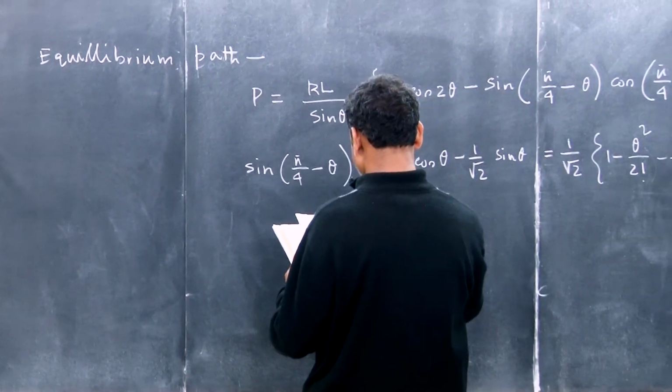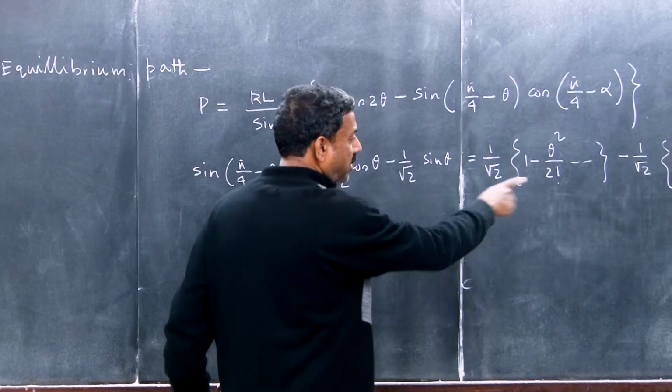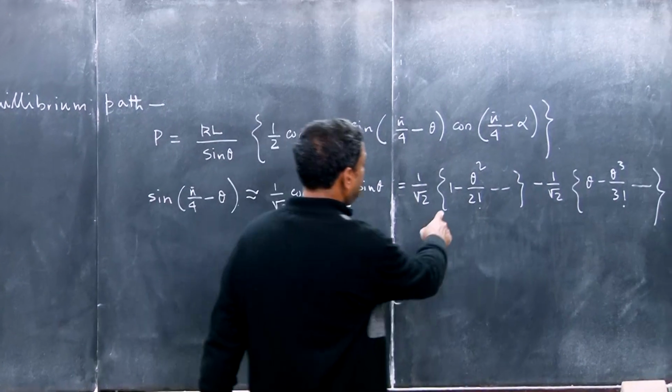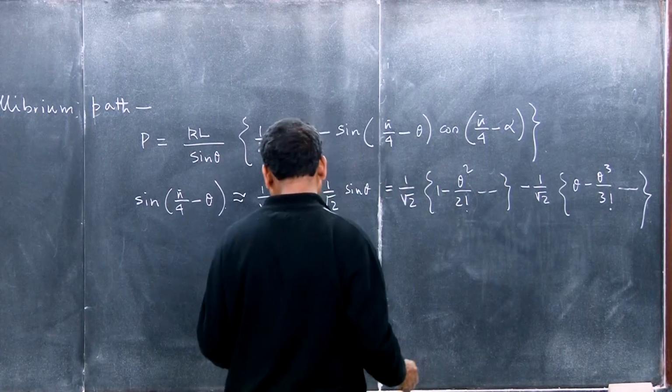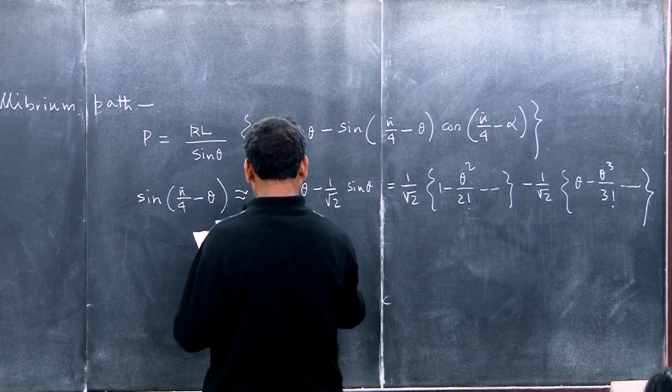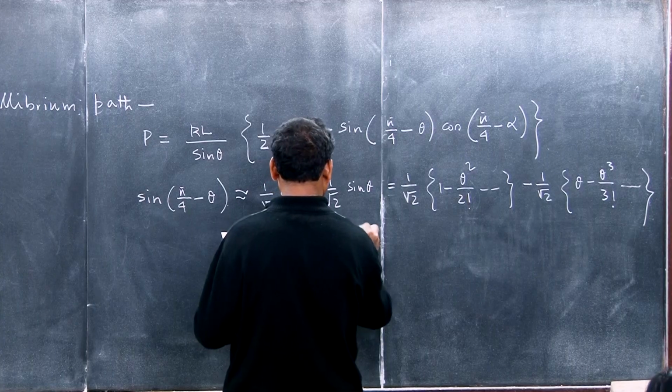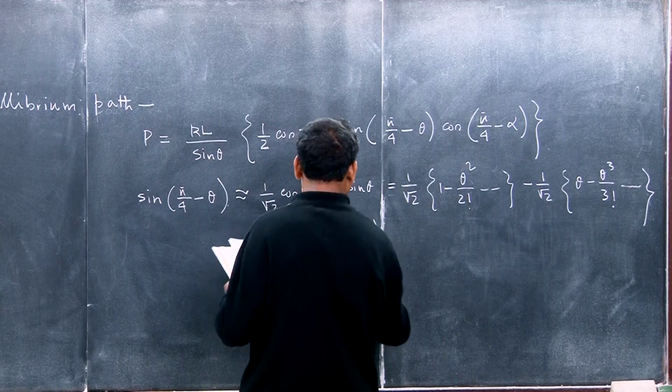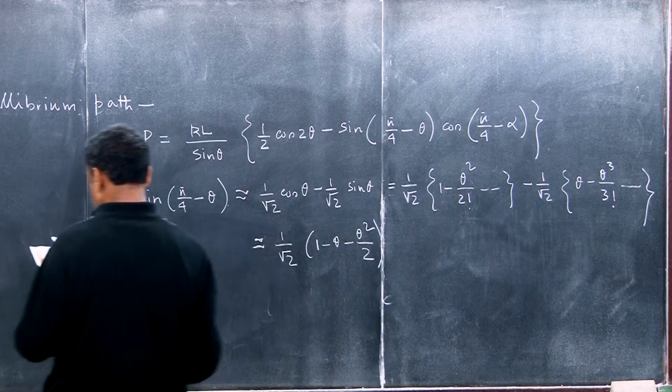So you do not require to retain all the terms. You just retain the first two terms. Okay. So you will see that it is 1 by root 2, 1 minus theta square by 2. Okay. Similarly,